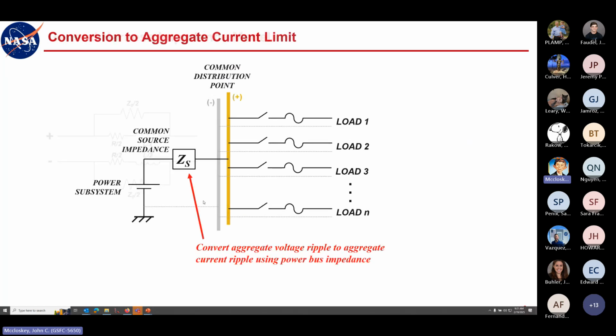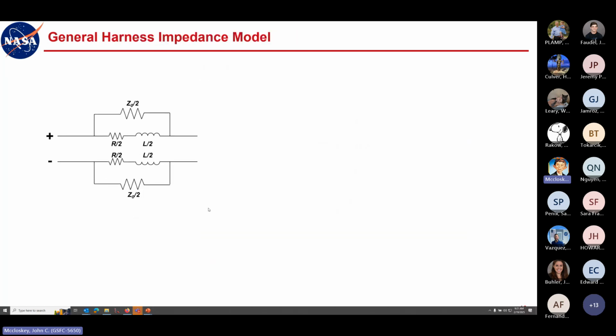Then, let's look at power source impedance. We talked about this last week, but for review, any harness impedance, or it could be traces on your PC board getting to your distribution point, however you're doing that, when you've got a pair of conductors, and even if that's a conductor and a ground plane, it's still 2 conductors. When you have a pair of conductors getting you from your power source to the distribution point, that